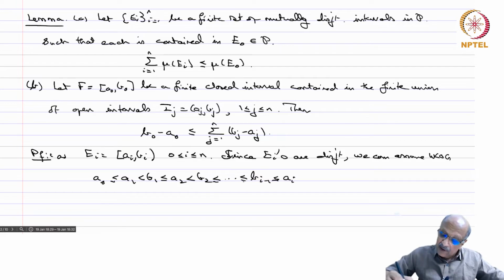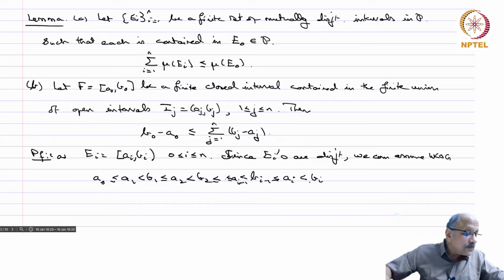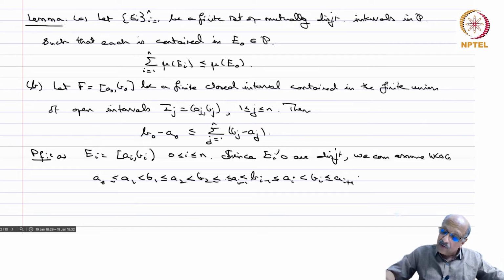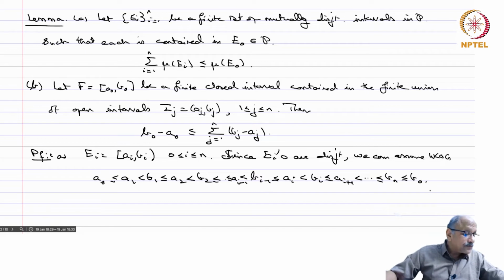So this will be less than or equal to ai less than bi, ai minus 1 less than bi less than ai less than bi, less than or equal to ai plus 1 and so on, less than or equal to bn which is less than or equal to b naught. Okay, so thus